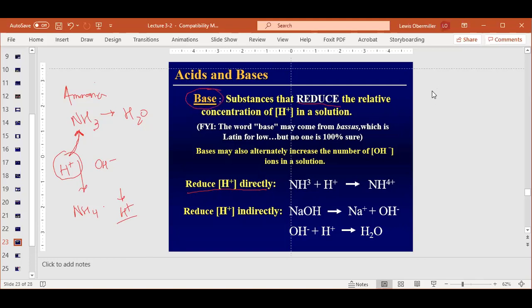Okay. So remember, acids add H pluses and bases remove H pluses, because pH is all about the hydrogen ions. Nothing else matters. If you can't change this, then you can't make something acidic or basic, right? So